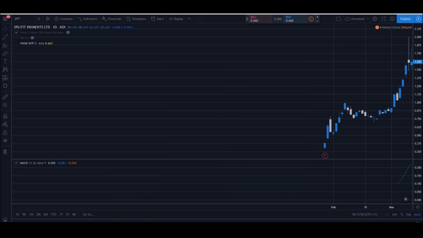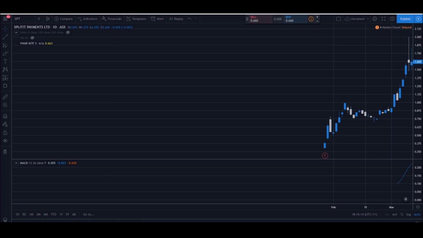Looking at the financials, one wouldn't conclude that this was a $2 stock at any given point in time. Absolutely not. At no point in time did someone look at the financial documentation of Splitit payments and go, this is a $500 million stock. It's just not reality. So this drives home the point I've been making in my previous tip videos,